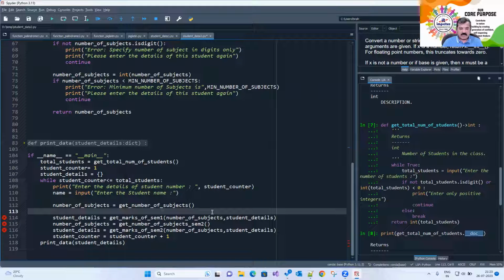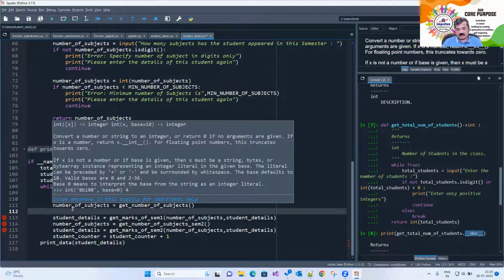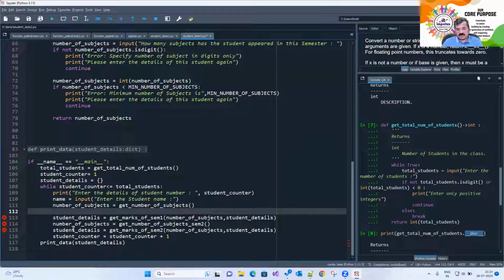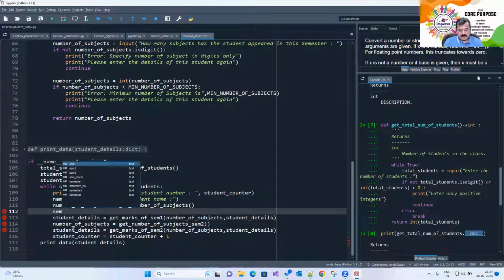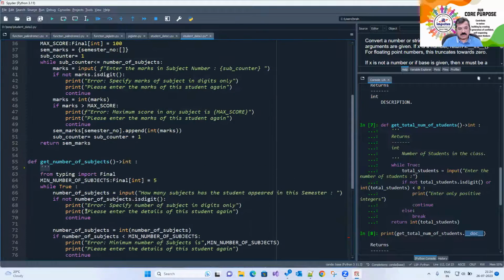Don't have to worry. Kitne bhi semester rehne do, we can handle it as a programmer. But first we accepted the number of subjects. Now for that subject, उस semester का score क्या है? तो we need to return a dictionary. So sem details is equal to,